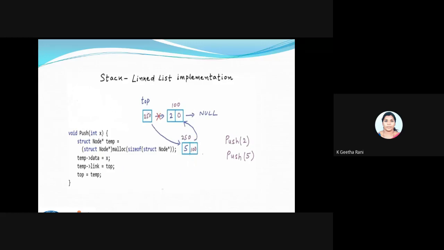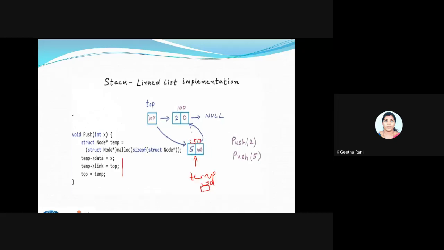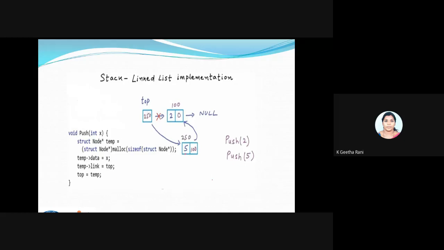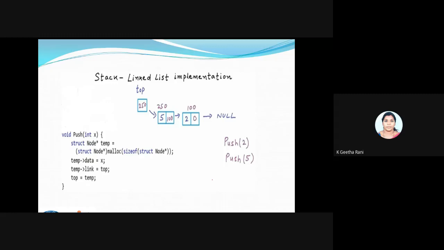Using these 3 lines of code, I'm making a link here. I'll go to the next slide so you can see clearly what I made here. I put the data inside my new node. I created a link, and since my top value was 100 here, I just moved this 100 to my temp of link. So now my top will have an empty box. Now I'll put this temp address into my top. So I got a link here. This is the way I perform my push operation for my stack using the linked list concept. Finally, this is what it looks like.